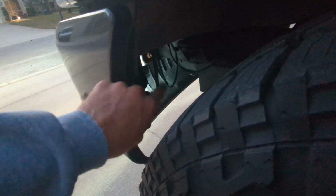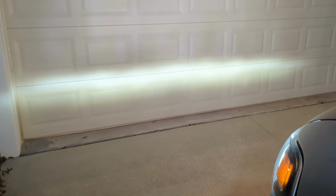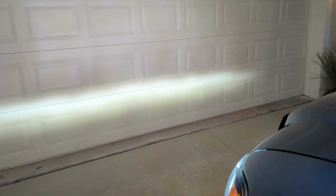I believe turning it to the right will raise the headlight beam, or the fog light beam. Alright, so I had it backwards. It is the adjustment screw, but you want to turn it like you're loosening the screw to raise the fog light beam. So I loosened the passenger side a bunch, and now I'm going to try to match the driver's side. So those are just the fog lights. They're pretty even all the way across. And if I put the headlights on,